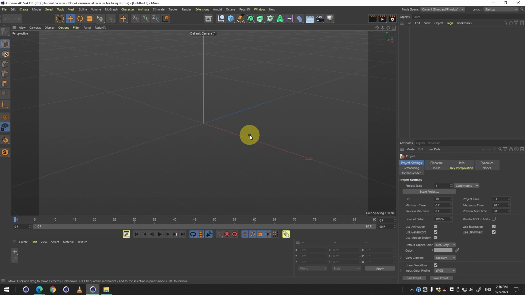A lot of times people like to start with the cube because it's pretty simple to use inside of any application, but I try to use something slightly more fun, and I actually go with a figure. So inside of Cinema 4D,